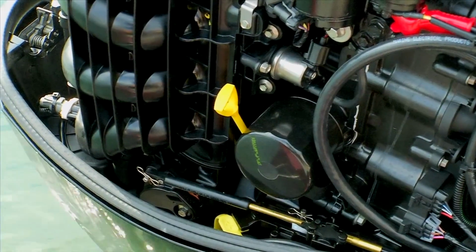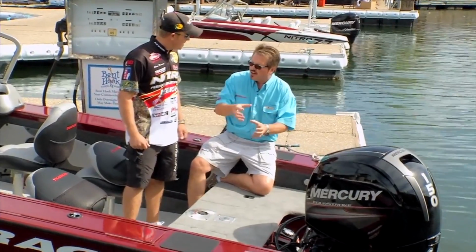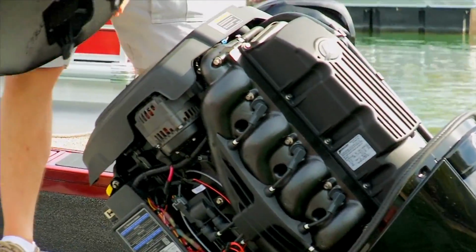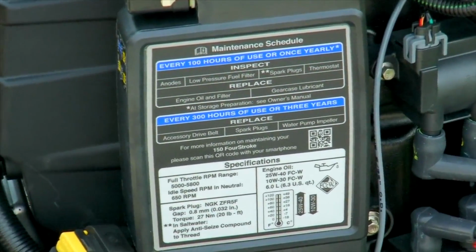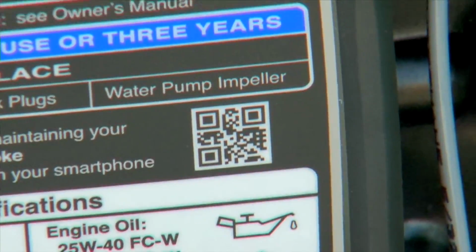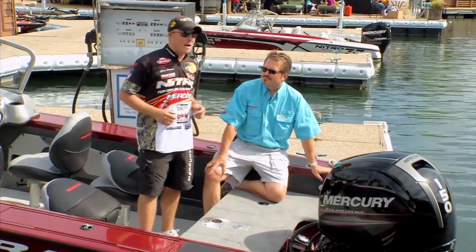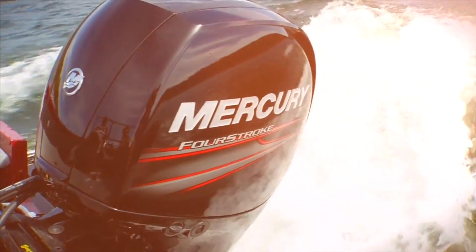Annually, we want you to change it, service it. We put some pickups on it that make it really easy to drain the oil. A do-it-yourselfer in the garage can do it. We've even got a decal on the engine that pretty much outlines what needs to be done. And if you're not technical, take your smartphone, hit the QR code. It'll take you to a Mercury Marine website and tell you everything you need to know to take care of this beauty. Like I said, this is the second year that this engine's been out. Phenomenal product when you're looking at deep V boats in the north and that mid-size